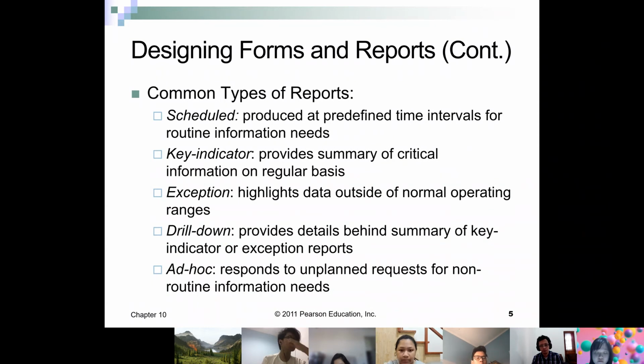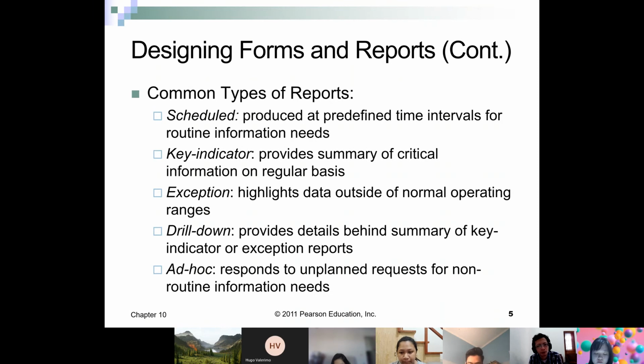It will be generated and distributed regularly, every end of semester perhaps, and so on and so forth. A financial report is this type of scheduled report that should be created and then distributed at a specific time every year.